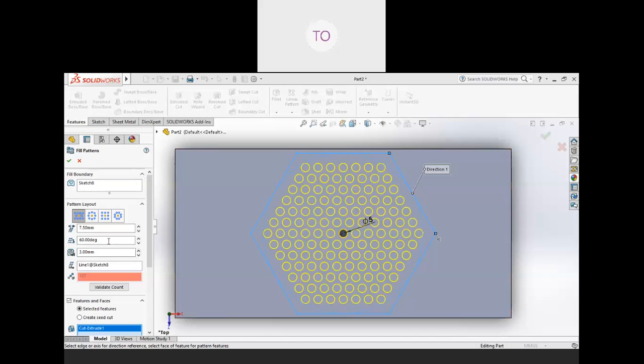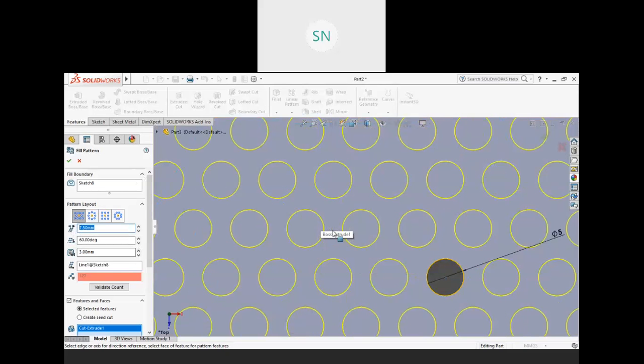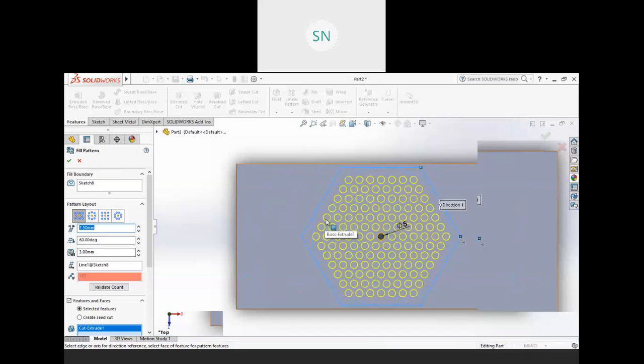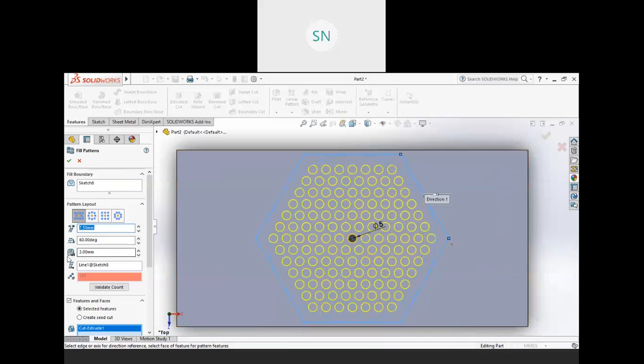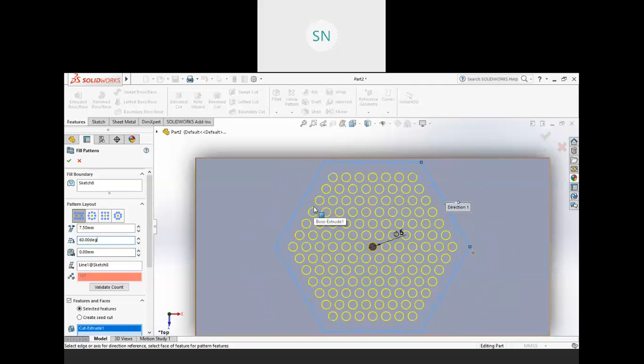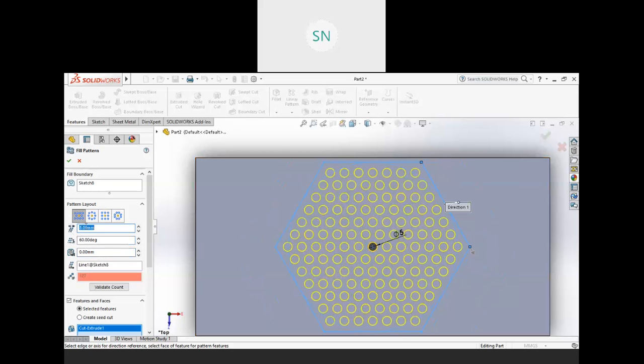Okay. So now see, this is a gap between two subsequent copies. If you are measuring from here to here, center to center, this is our 7.5. And also this one, 3 mm, is a minimum gap from our boundary, right? So if you type it 0, and still we do not have anything. Okay, so see here I changed my dimension to 8.